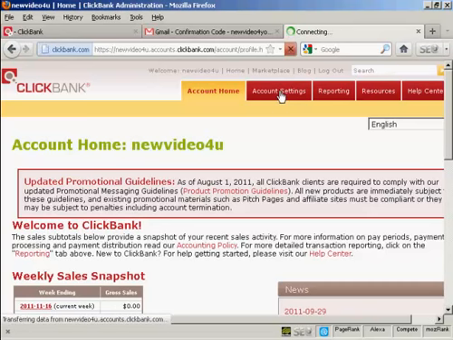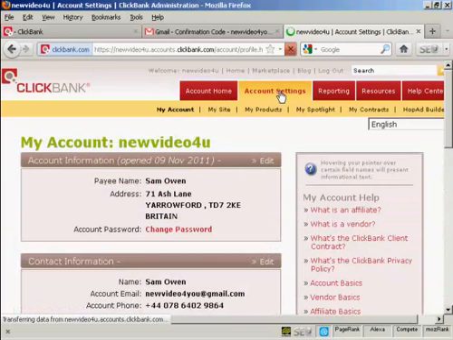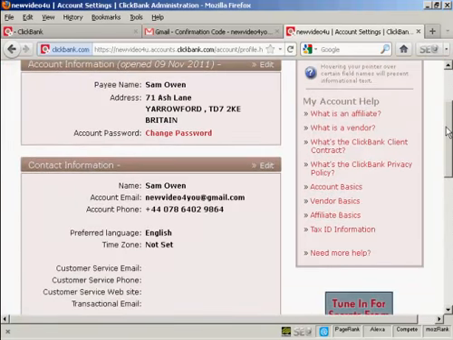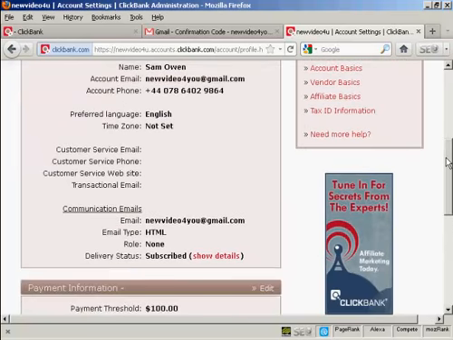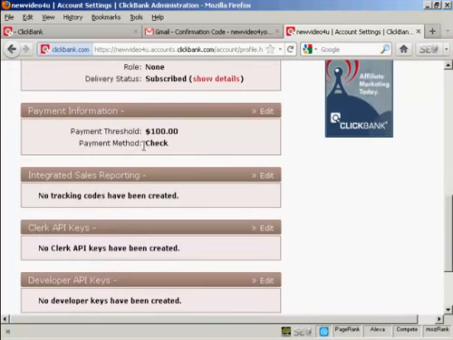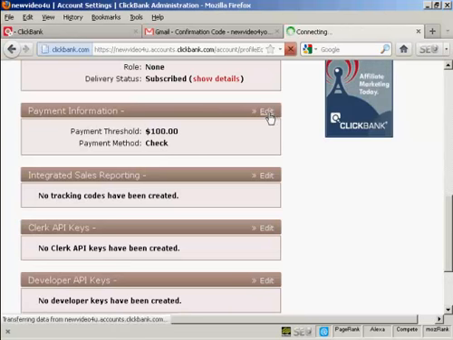Click here on the account settings tab, and you can see all the information and the payment threshold. You see at the moment the payment threshold is $100 and the payment method is check. You can edit this